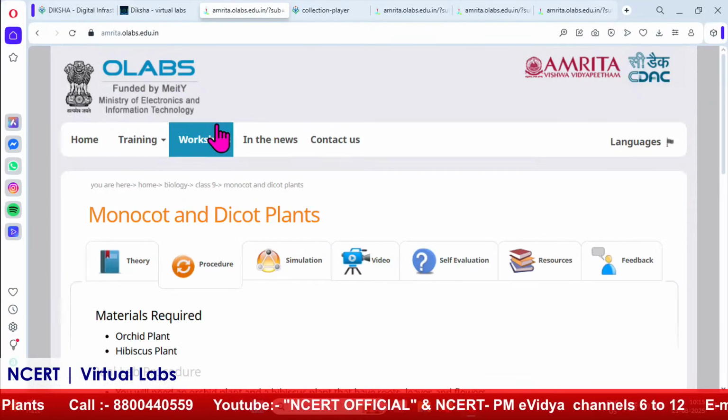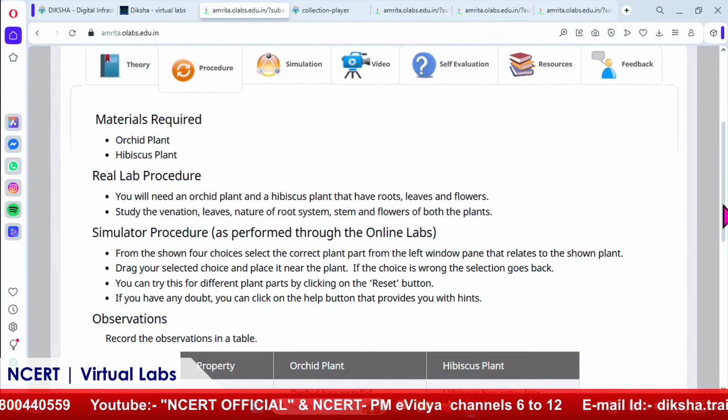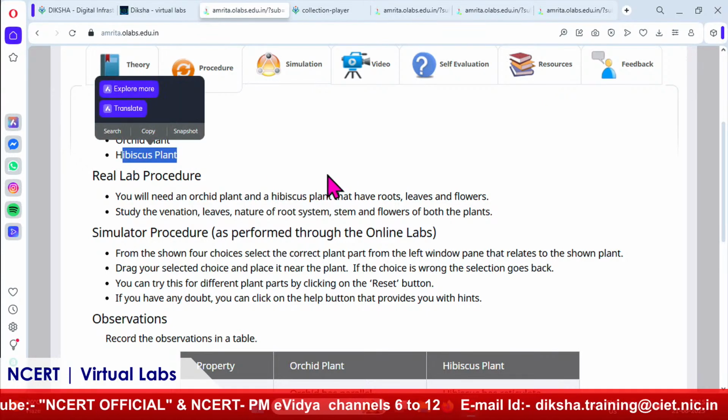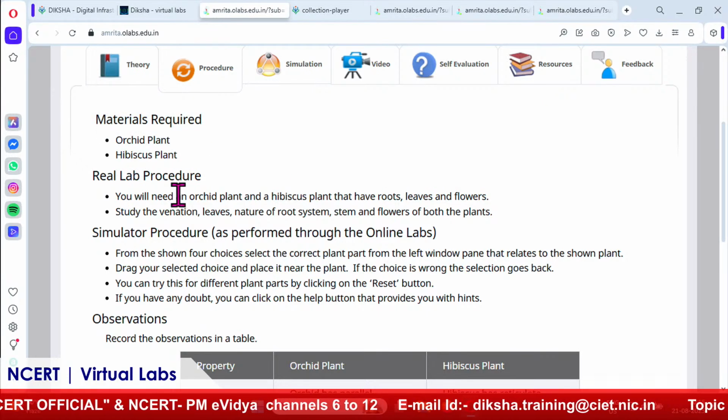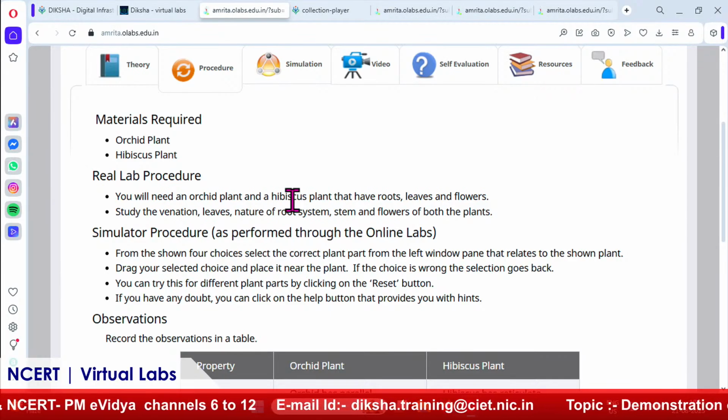So now here they have taken 2 plants, one is a monocot, that is orchid plant. Another one is hibiscus, that is a dicot plant. So first of all, real lab procedure is given that you have to collect these two plants or any monocot